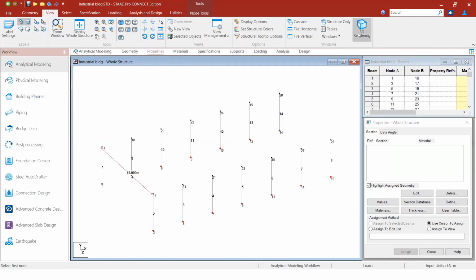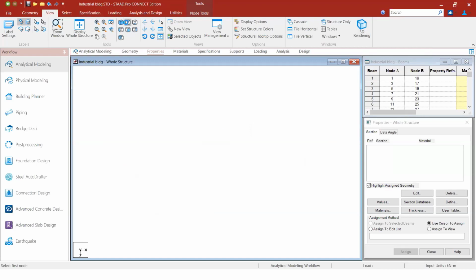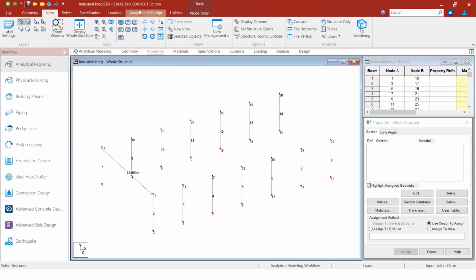This is the 3D rendering for how you want to view your plan. So this is the plan view, the top view of the building. If you see here, this is the side view, how the columns are placed. So you can provide bracings here. This is the front view. Here is where you have planning to provide the rafters. So now I am just displaying the whole structure, right?